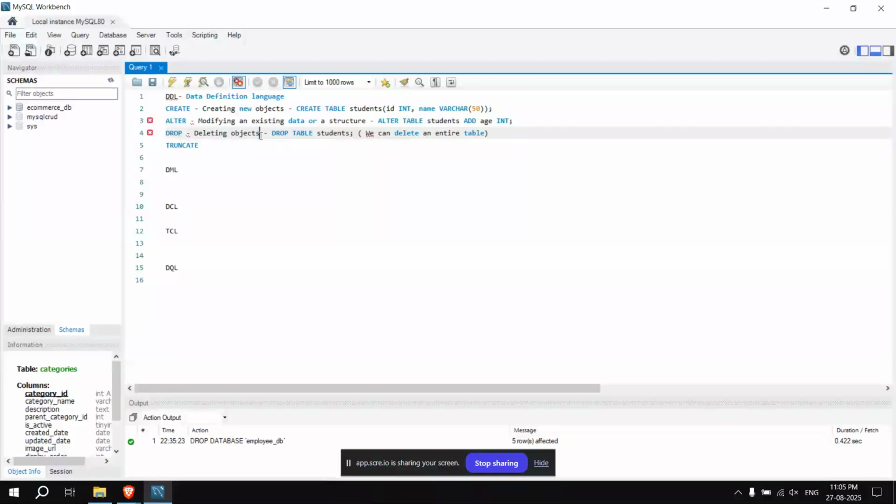Okay, in this database, each table is an object. That's why I'm writing this word objects. And then comes the truncate. What does truncate mean?